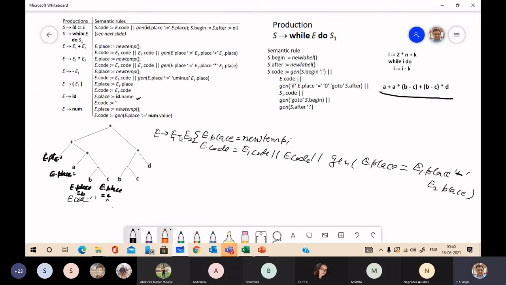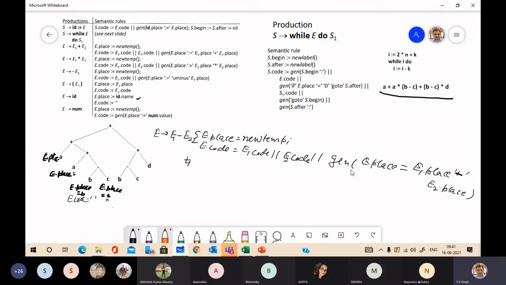Now see, for this E place it will generate a temporary, so suppose that temporary is T1, so E place is T1. Next, what is E code? It consists of E1 code, the code associated with this. It is null, so we don't have any code. Then E2 code. E2 is this. We don't have E2 code.